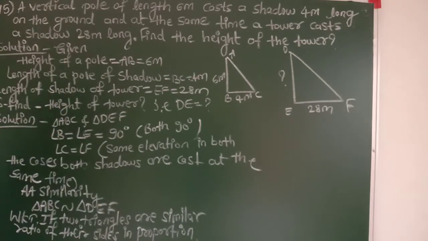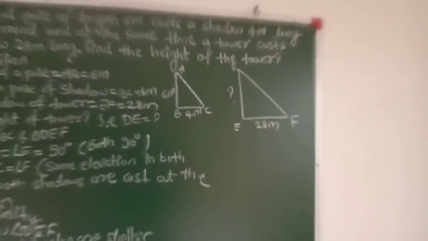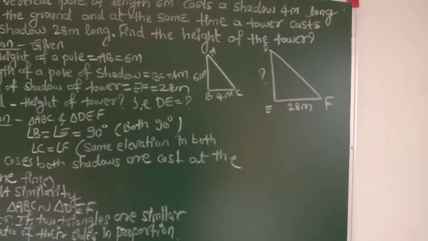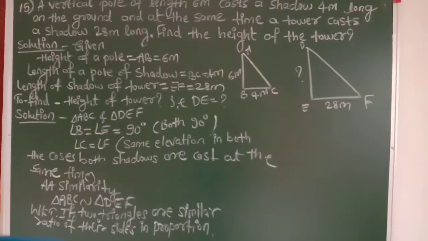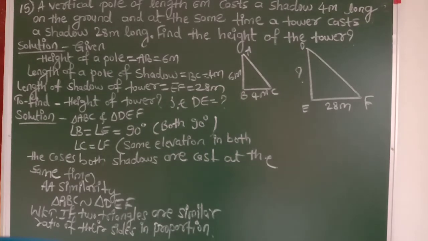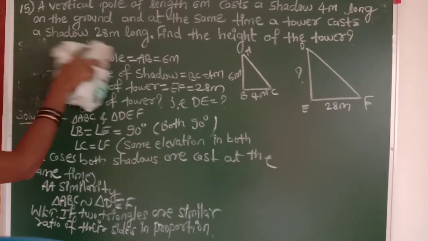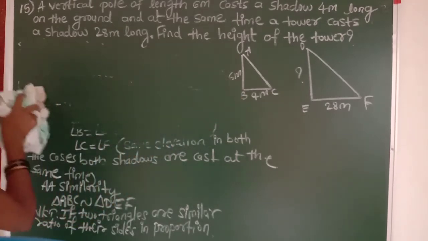So I will write here next. We know that if two triangles are similar, the ratio of their sides are in proportion. So we can write here the ratio,